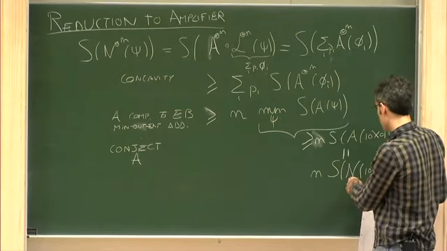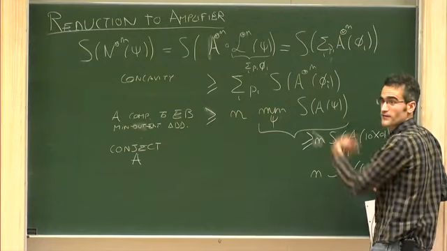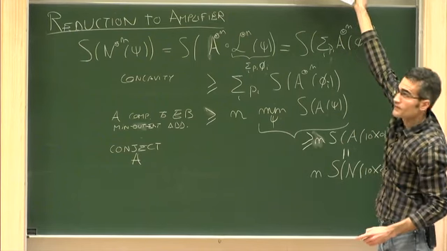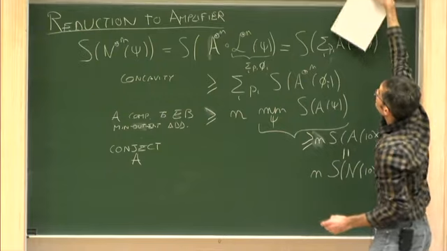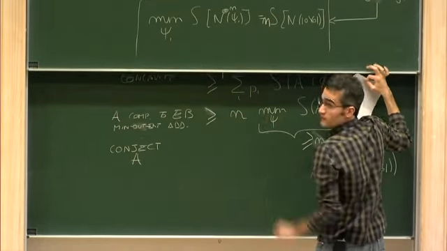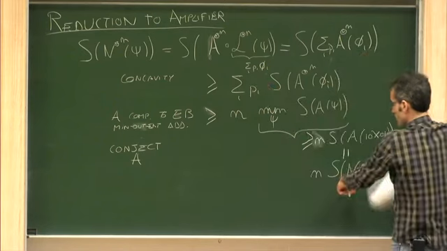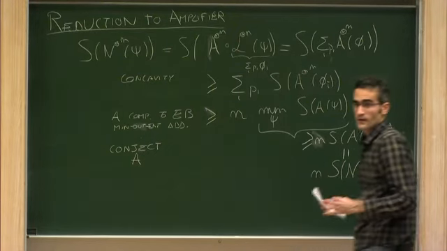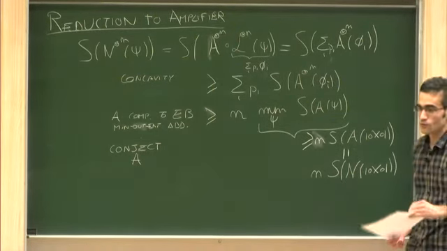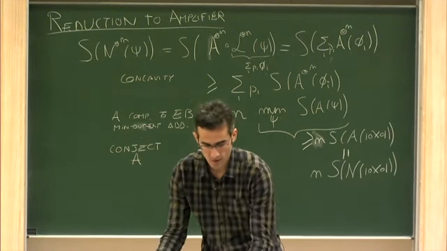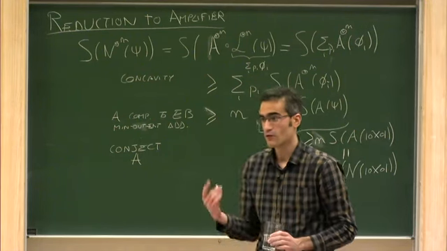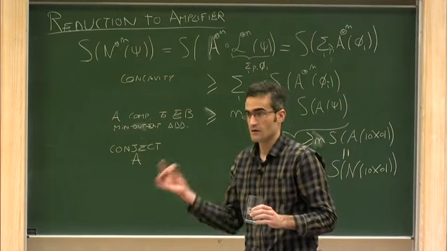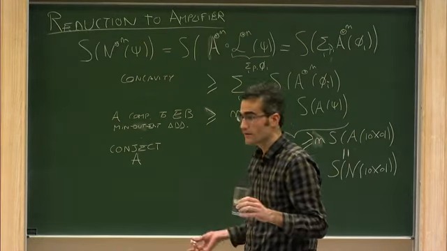And now this gives what I was showing before. So I want this with an n, and you get it, but for that you need to prove the conjecture for a single use of the amplifier. So we gain in two ways. We gain in the fact that now it's only one use, not n, and it's a very specific channel, not any arbitrary N.